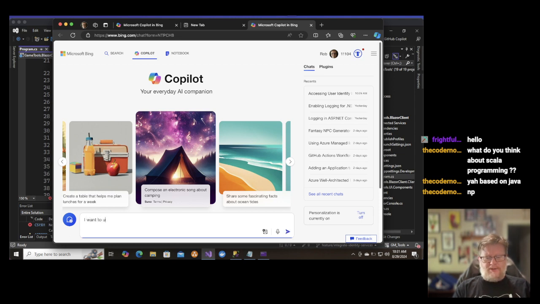I want to use Azure Entra B2C. B2C stands for business to customer, for management of users of an application I'm building. I have an Azure